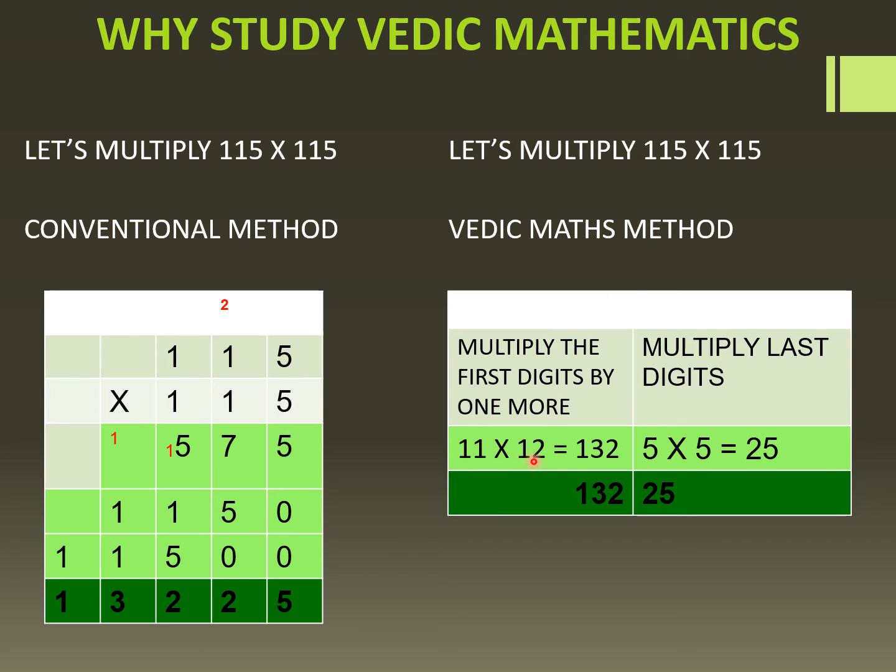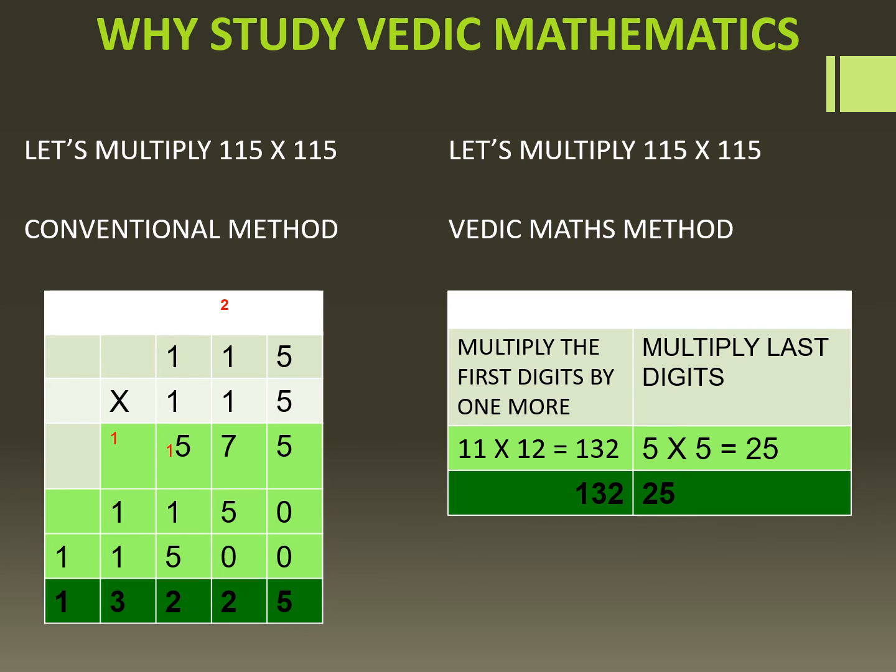So 11 multiplied by 12 is 132. That's the first part of your answer. And in the next step, we will multiply 5 into 5. 5 multiplied by 5 is 25. So that is the second part of your answer. Hence, we get 115 multiplied by 115 is